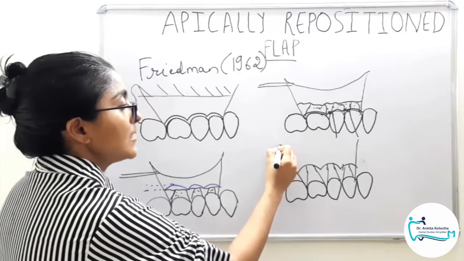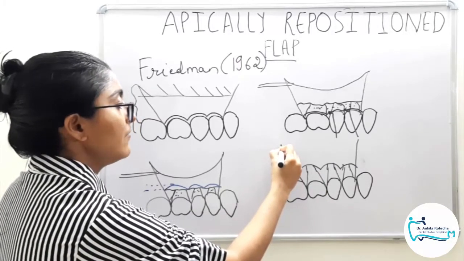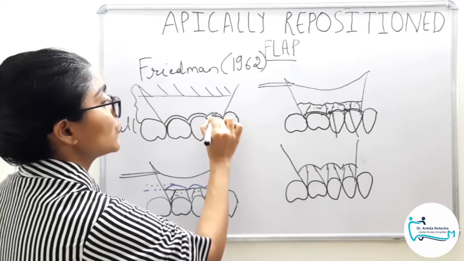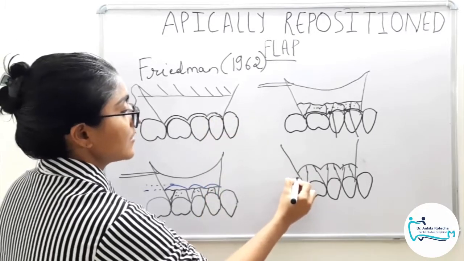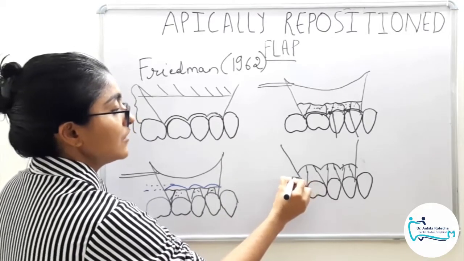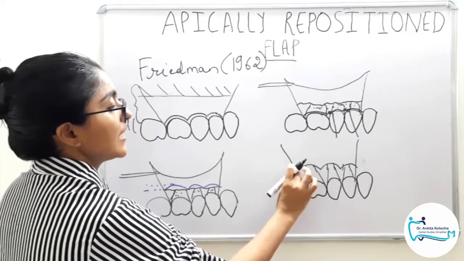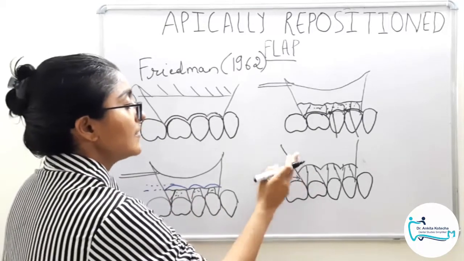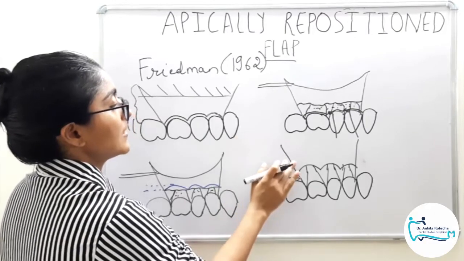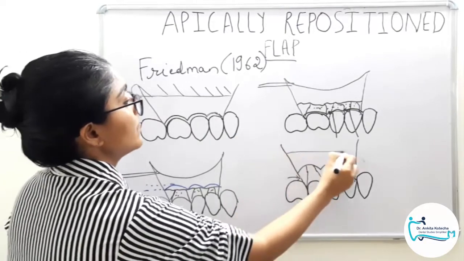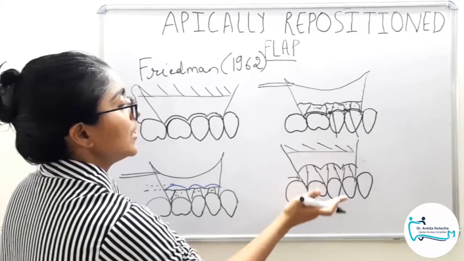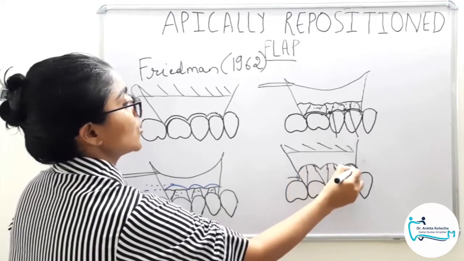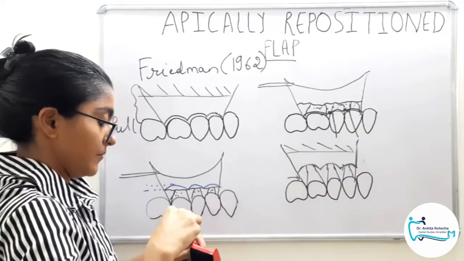Now, while placing back the flap, ideally it will reach somewhere here as per the original length after removal of this tissue. So somewhere here. But if we place our flaps in this position, then there will be scope of soft tissue pockets post-operatively. That is why this entire mucogingival complex, that is gingiva and the alveolar mucosa, will be shifted apically to match the level of the crest of the margin. So our flap is placed here.